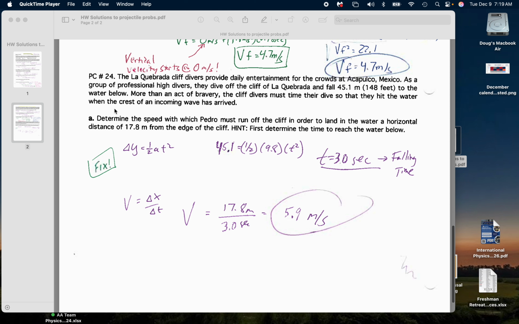For PC24, I think the answer I initially gave you in class was wrong because I plugged numbers in wrong. I was doing it quickly. This is a horizontal distance and this is a vertical distance, and I think I plugged it in wrong. So I have 45.1 equals 1/2 at squared. That comes out to 3.0 seconds. That's supposed to be a decimal point there that didn't show up very well when I scanned it. And then to figure out the vertical speed,